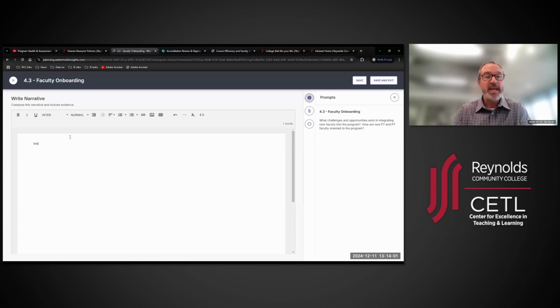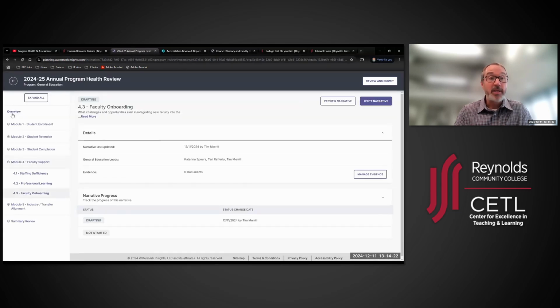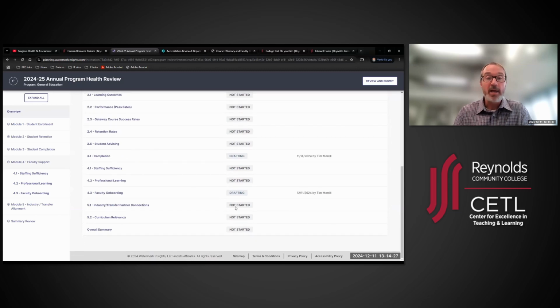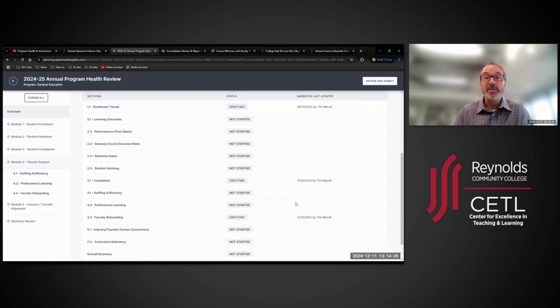tool is that once text begins to be entered in here, there is a save or save and exit button on the right-hand side, and the right part of the screen then remembers when the last updates were provided and when the last information was entered, so that it will appear on the overview page when you log in that there is some work underway, and that the goal is throughout the year that program heads, department chairs are able